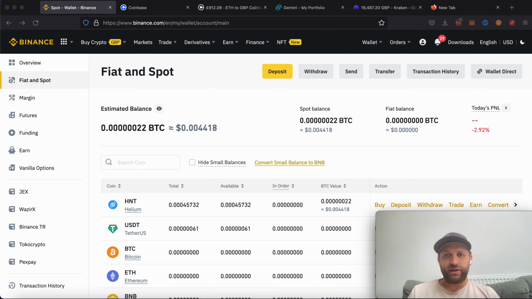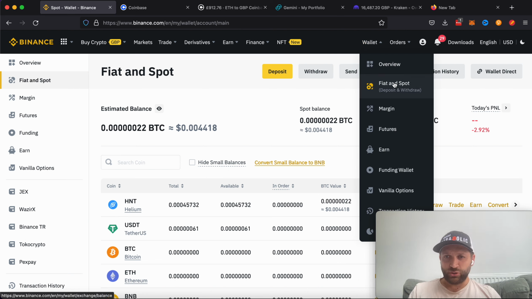So let's start with Binance. Let's say, for example, you've just signed up to Binance, you've verified your ID, and you want to buy some crypto. Binance is very good because they have cheap fees. They've just made an announcement, actually, that they're going to be doing free fees, so that's really good. So once you've verified your ID, you come into Binance, you go to Wallet, you go to Deposit,